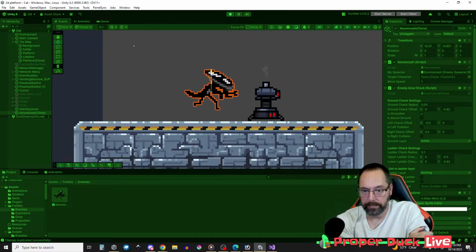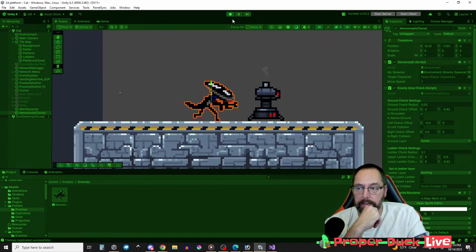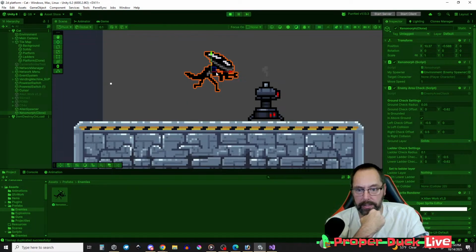How close do I have to be for that to be false? Oh. So my characters are bottom mounted, aren't they? Ground check offset. Also, this isn't 32 pixels high, so half is not down here. So let's,